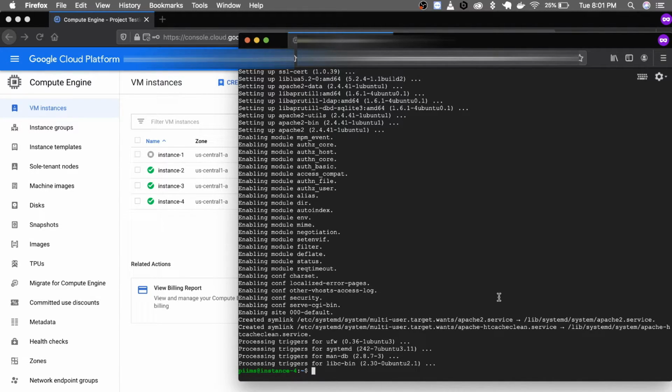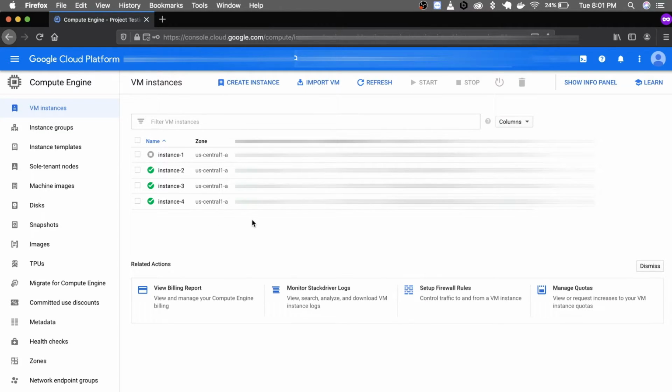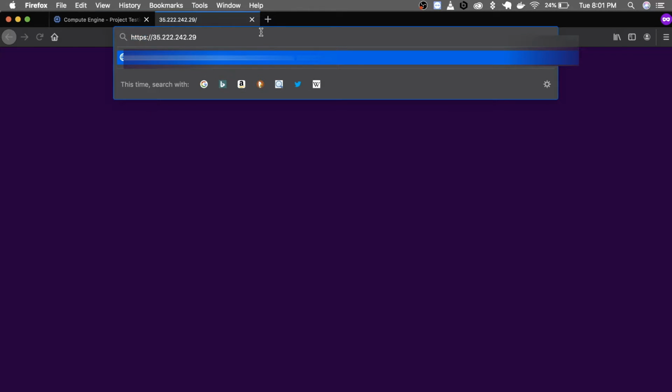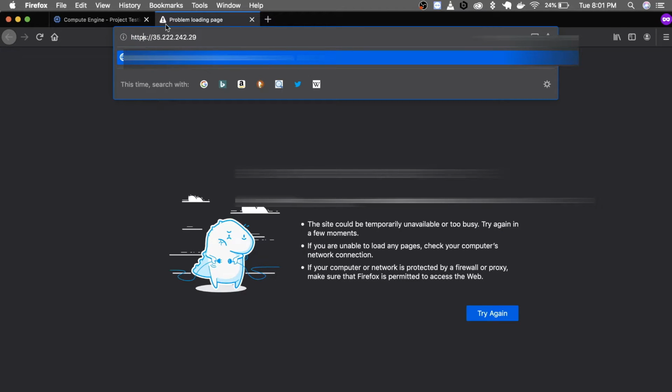As you can see, I have already installed this Apache server. Now, how can you deploy your index page? We'll need to go to our IP and check whether your server is up and running.